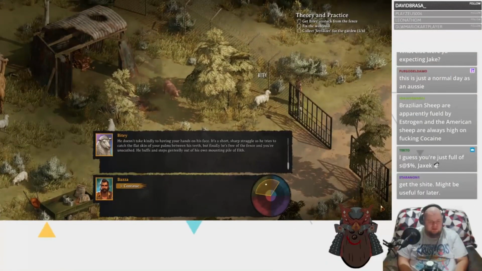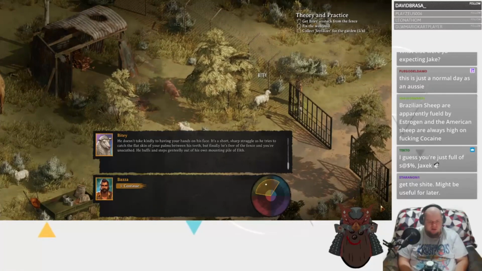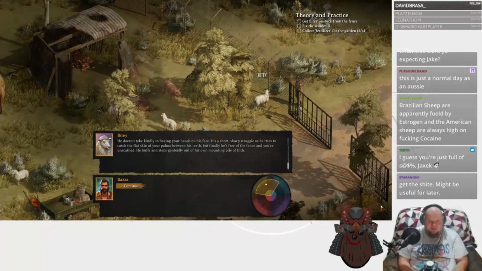There, it worked. He doesn't take kindly to having your hands in his face. It's a short, sharp struggle as he tries to catch the flat skin of your palms between his teeth. But finally, he's free from the fence and you're unscathed. He huffs and steps,